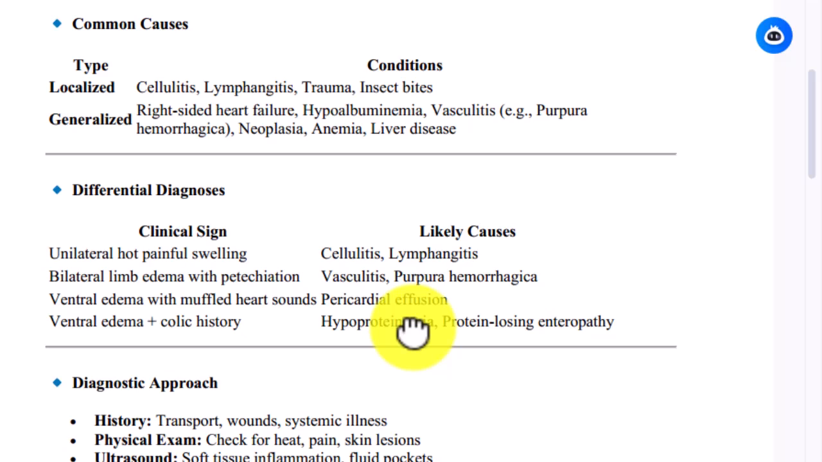Differential diagnosis by clinical signs: unilateral hot painful swelling suggests cellulitis and lymphangitis; bilateral limb edema with petechiation suggests vasculitis, purpura hemorrhagica; ventral edema with muffled heart sounds suggests pericardial effusion; ventral edema plus colic history suggests hypoproteinemia, protein-losing